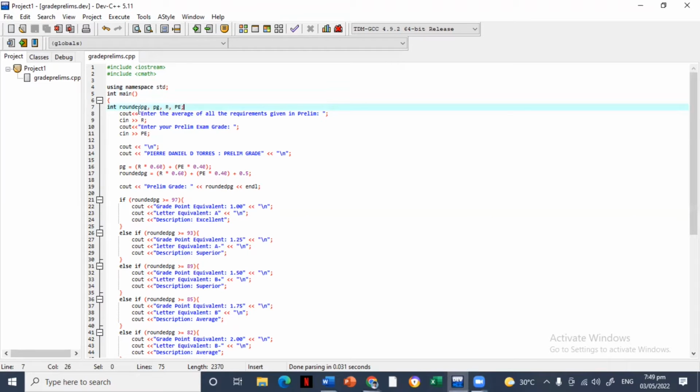So, the rounded PG, R, and PE. The R is the average of all the requirements given in prelims. The PE is the preliminary exam grade. The real formula of this is PG equals R times 0.60 plus PE times 0.40. But since we're talking about grades, we need to round it up because it is a must